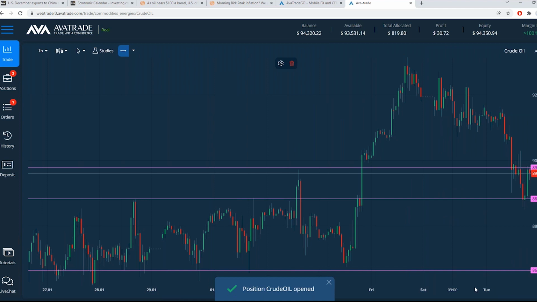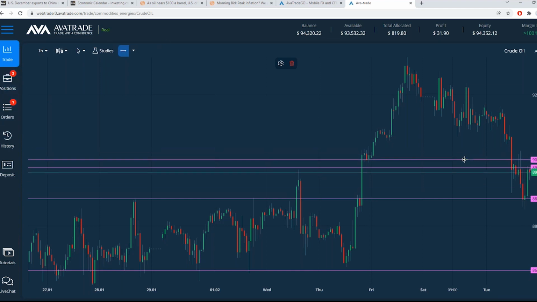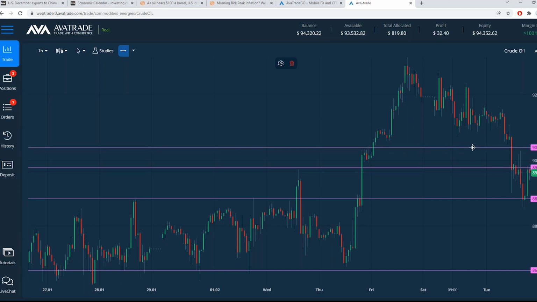I didn't go through the motions of the trade size this time, but we've got stop loss right up here above the resistance, take profit down here just before the support. Going with the fact that there's not a ton of momentum today, and potentially the strong USD could pull oil back down towards the support level. Now, a bigger picture move could be to put a pending order up here. If it does break above this resistance level, the old support, then if it hits, let's say 90.50 or 90.30, let's go 90.50.